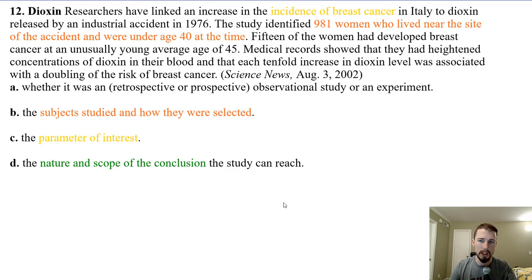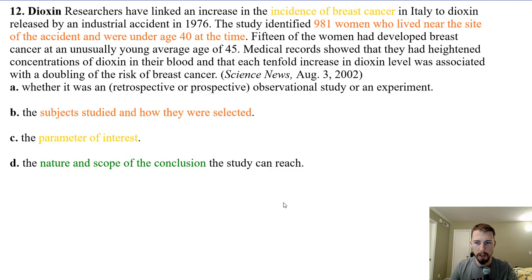So that was the overall result stat that they found. A tenfold increase in dioxin level doubled the risk of breast cancer. And also they had an abnormally young age for breast cancer, or women with breast cancer at the age of 45. All right, so first thing we want to see is whether this was a retrospective or prospective observational study